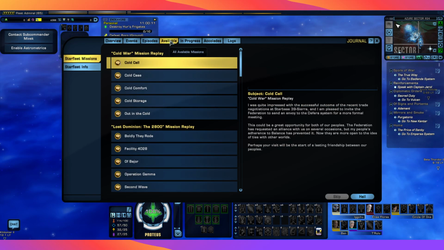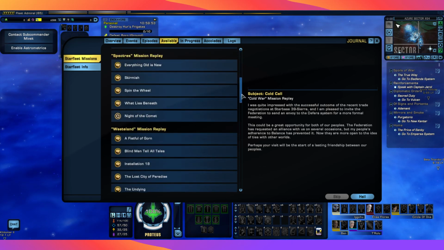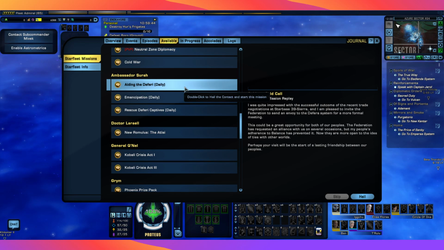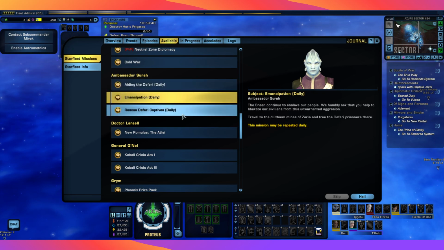Next, we have available. Available are missions you can do every day. They're not really part of the story arcs. They can help you get experience points and make your character stronger, so that when you're doing your episodes, you will actually be a lot stronger than you'd be without doing them. You shouldn't need to do these to progress in the story arcs, but in order to have a lot of fun and get more XP,